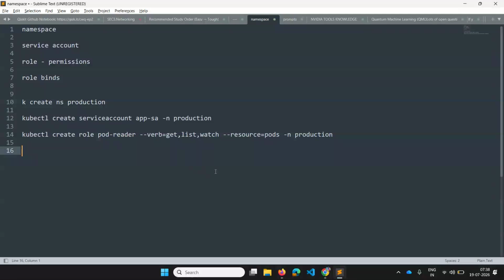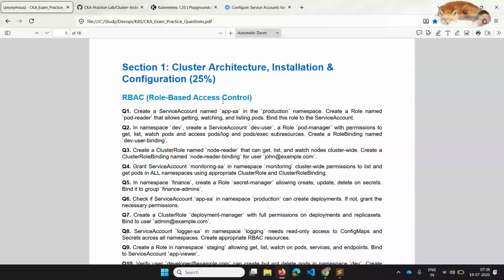Now I'll copy this and edit it. My role name is pod reader, and the service account, yes it is, and this is the production namespace. So always remember it will be namespace colon name of the service account, which is app SA. And did they mention any role binding name? No, right?